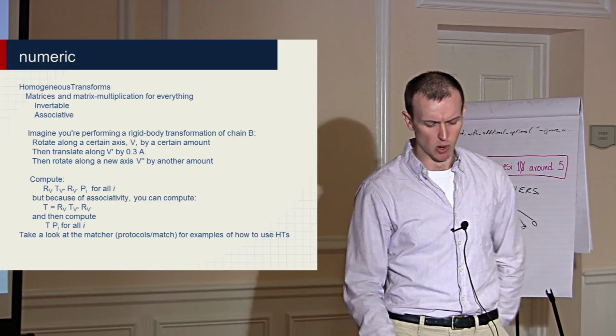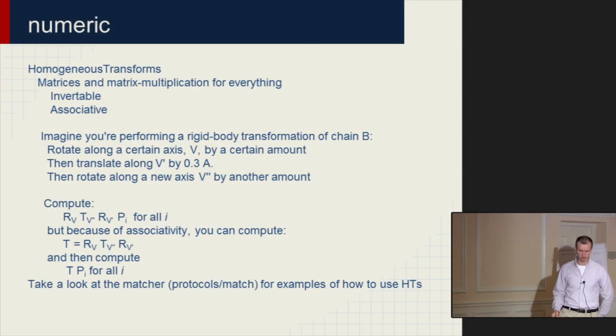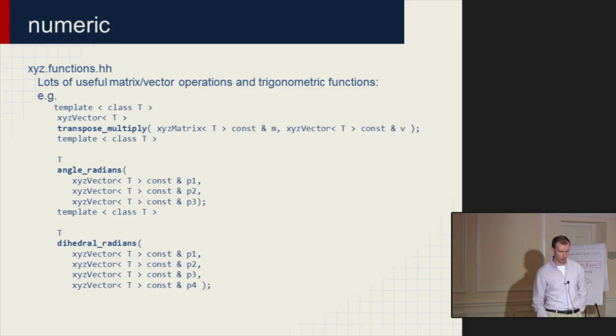And if you want to see some homogeneous transforms in action, I use them extensively in rewriting the matcher. So if you use actgrep for HT real, you'll find lots of them. Okay, so